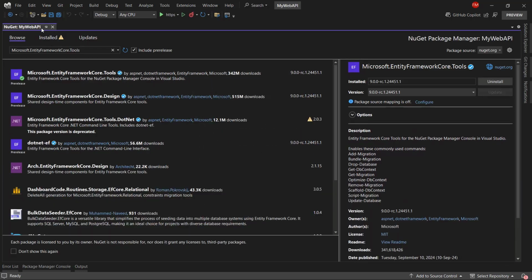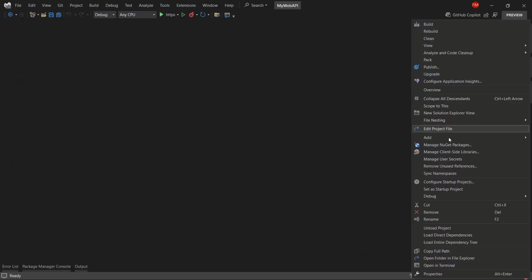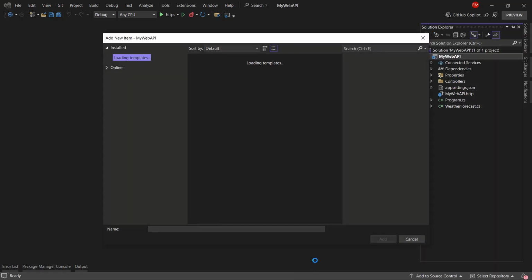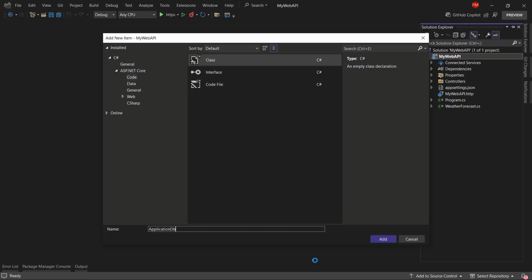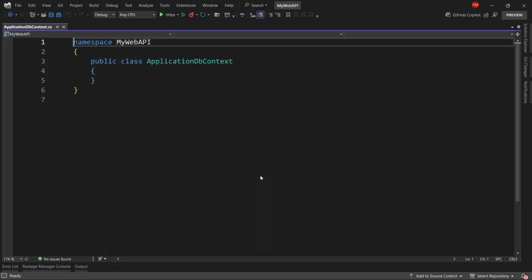Alright, so this is done. Now I can close this. Let's come here. Let me right click on here because I want to create a new class. Let me say class here. I'll call it Application DB Context. Enter. The DB Context is basically the central piece of Entity Framework Core because it is the